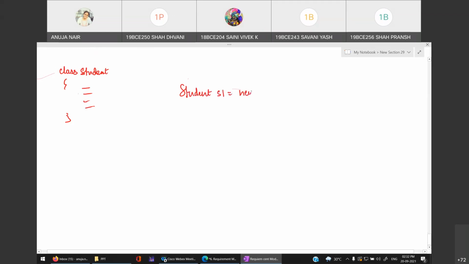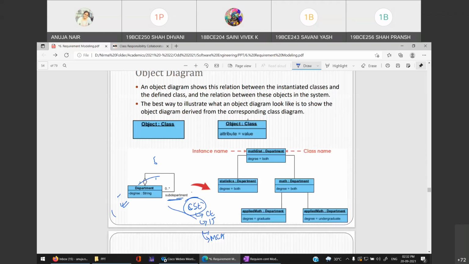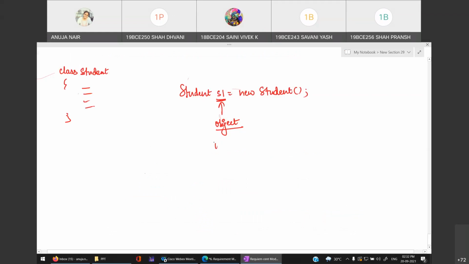S1 is equals to new student. So what is this S1 over here? This is your object. I hope you all remember. You are giving the instance name. Object is the instance of the class. So object and instance name, they both are the same.